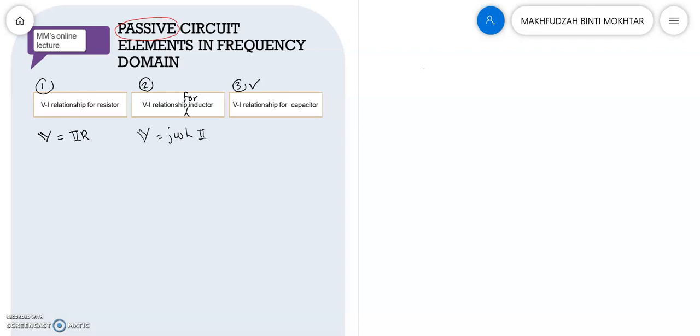Okay, now let's go for the third part. We talk about the VI relationship for the capacitor. So we will write this as the symbol for a capacitor with capacitance C, and there is a plus and minus terminal, and the current starts to go from plus to negative, from positive to negative, and this is the voltage